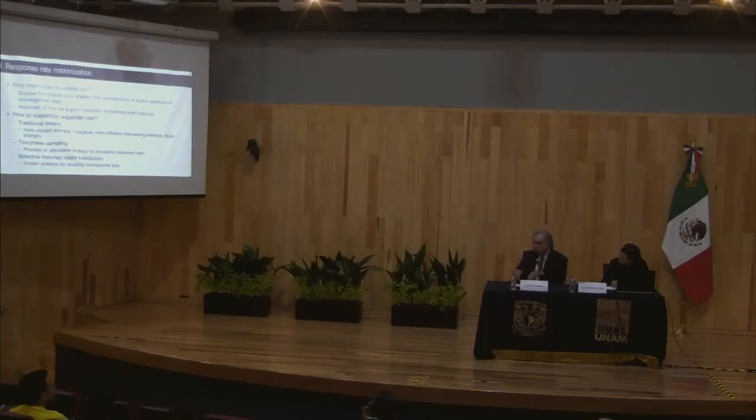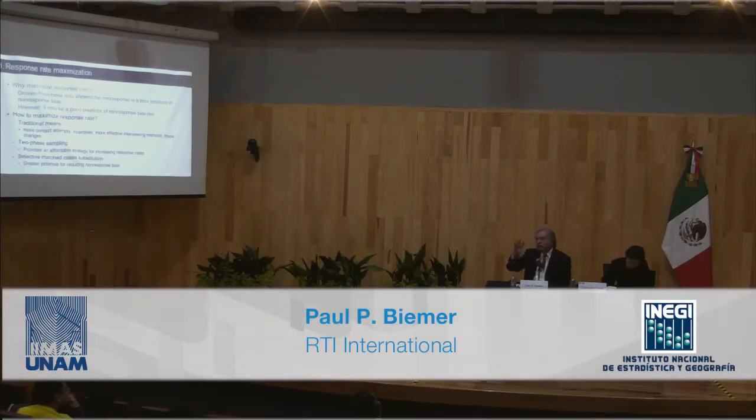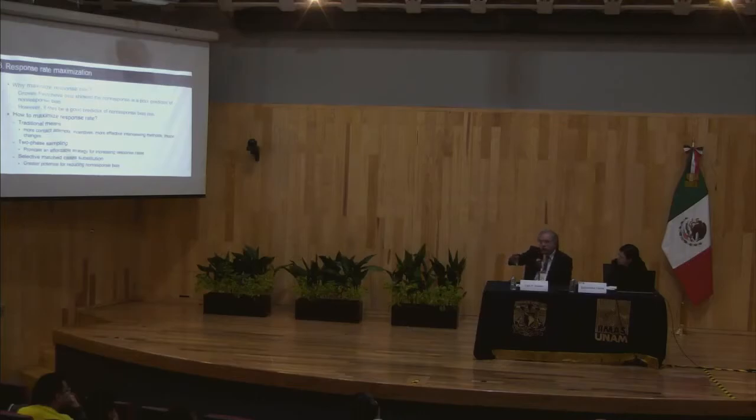Now this is a very common thing to do when you're talking about primary sampling units. For example, we've been substituting schools. If you're doing a school survey, we also use some business establishments as a primary sampling unit, or other institutions. When an institution refuses to cooperate for your survey, using a similar institution to substitute for them is a common thing to do in a lot of surveys. But it's not so common to do that at the individual level, at the household level or the person level. I think some research could be done here to actually make that very worthwhile.